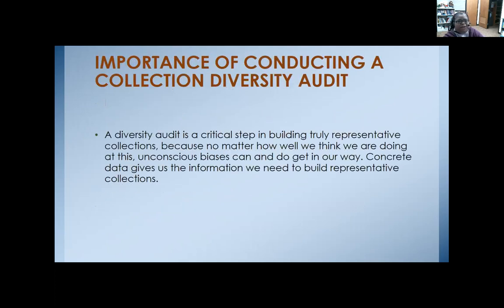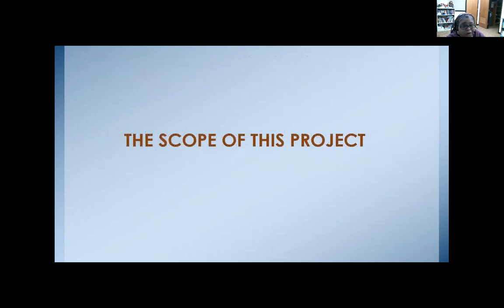All right. So a diversity audit is a critical step in building a truly representative collection because no matter how well we think we're doing at this, there are always some kinds of unconscious biases that can and sometimes do get in our way. And so the best tool to make sure that we are all on point is to have concrete data that gives us the information we need to really build a representative collection. That's the whole reason we're doing our diversity audit: to see where we are and where we need to go. So the scope of this project, because this is really a huge project that we're taking on here,